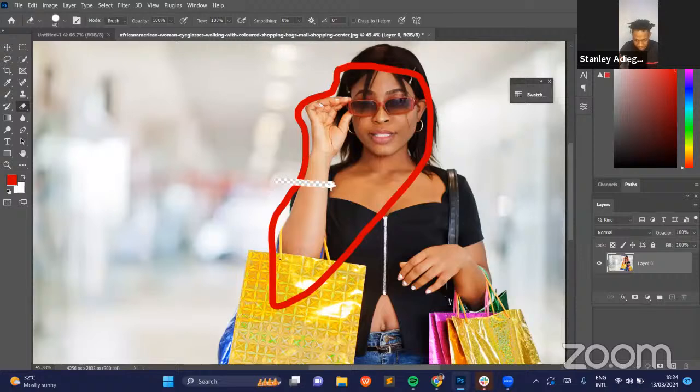We can see that in trying to erase what you have here, you're also erasing the background. And that's not what we want. So Control Z, and what do you do? You come back to this place and add a layer, right? You add a layer and,